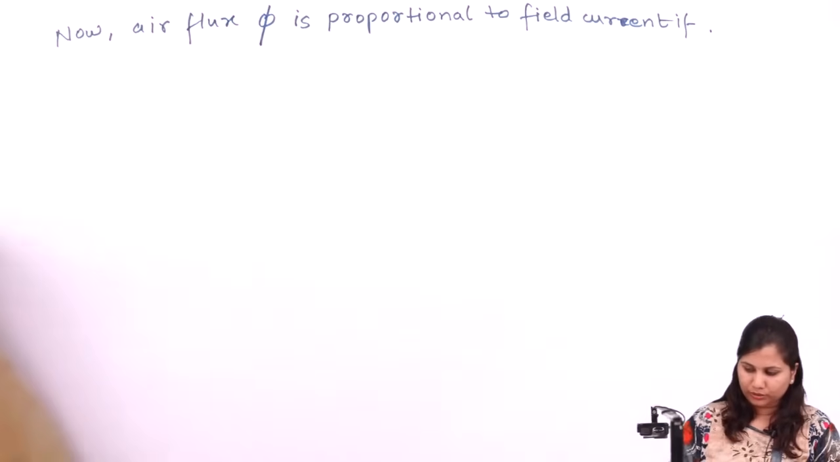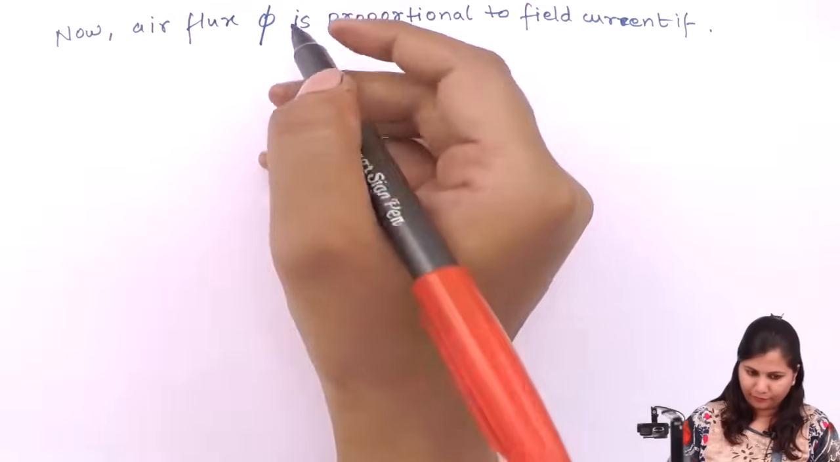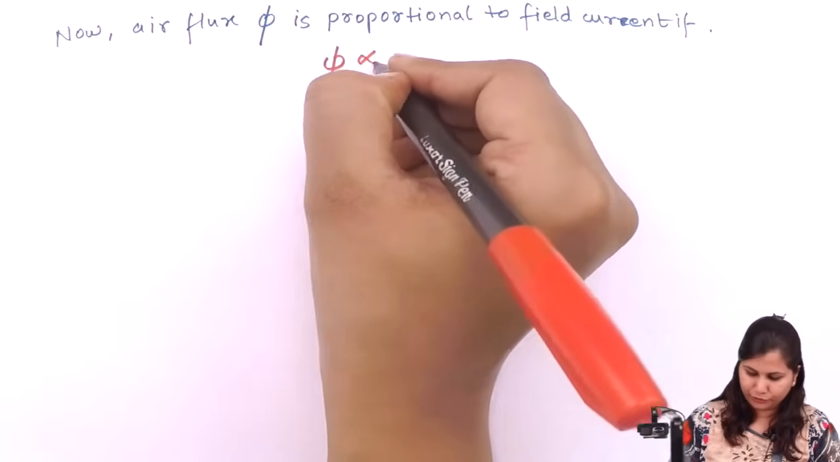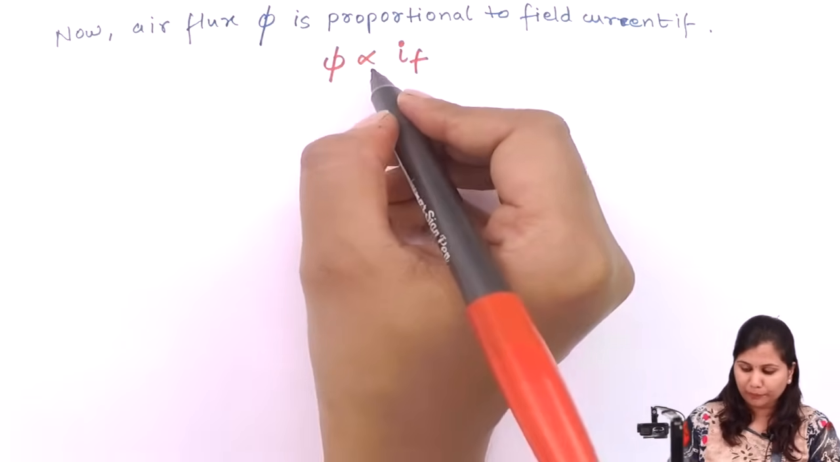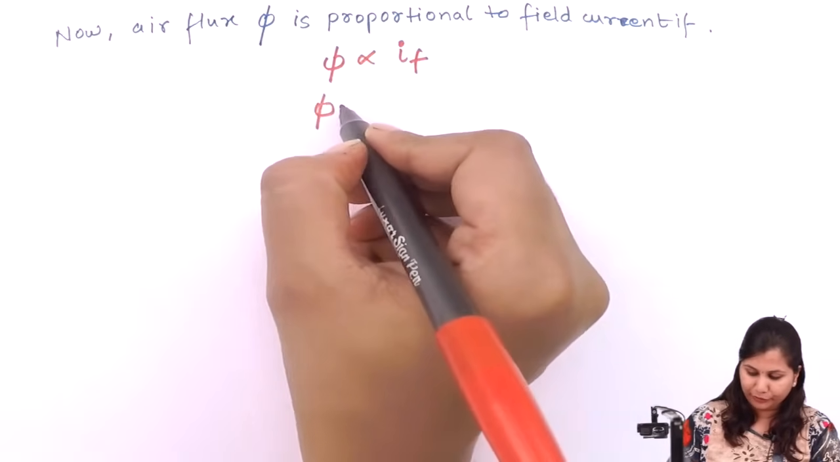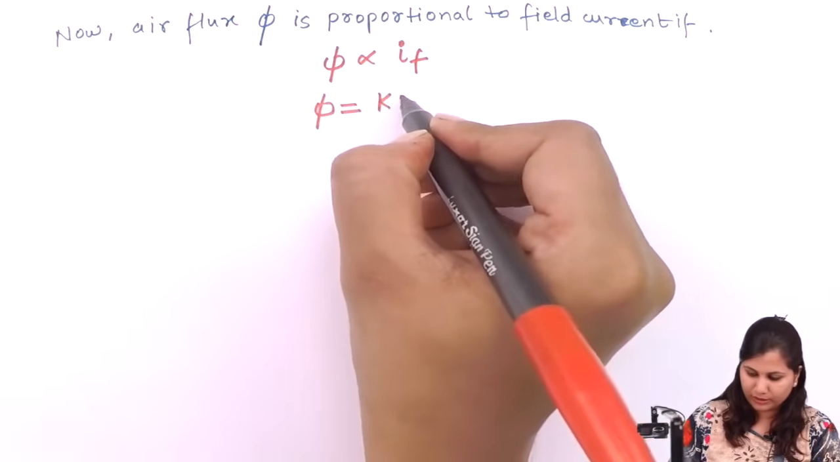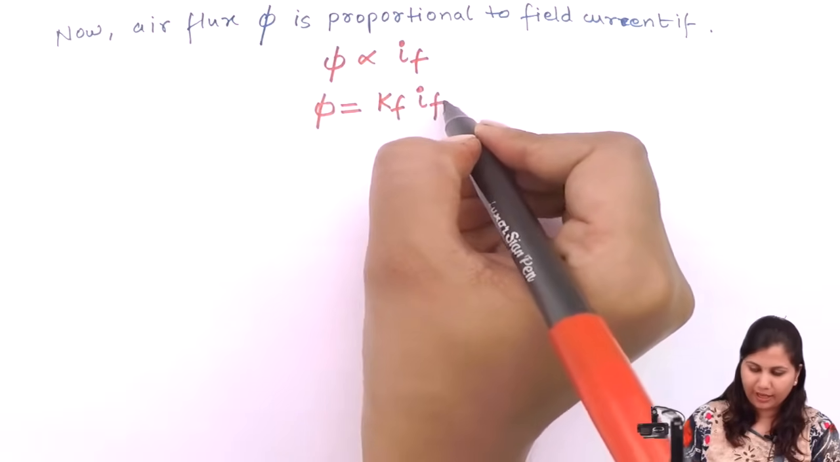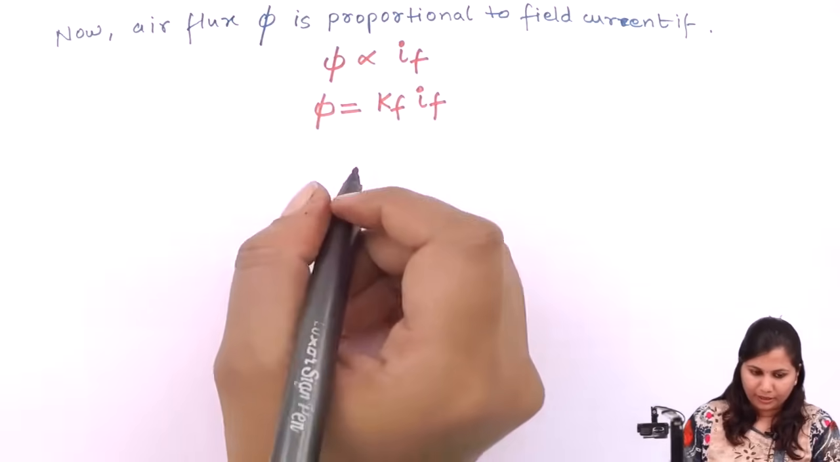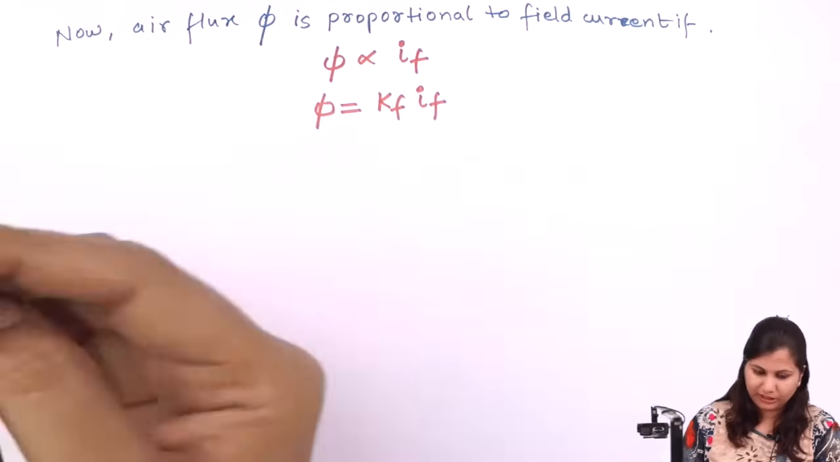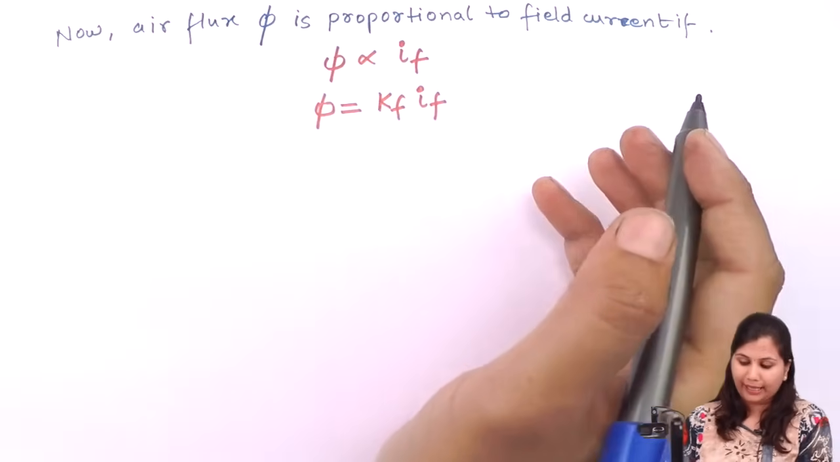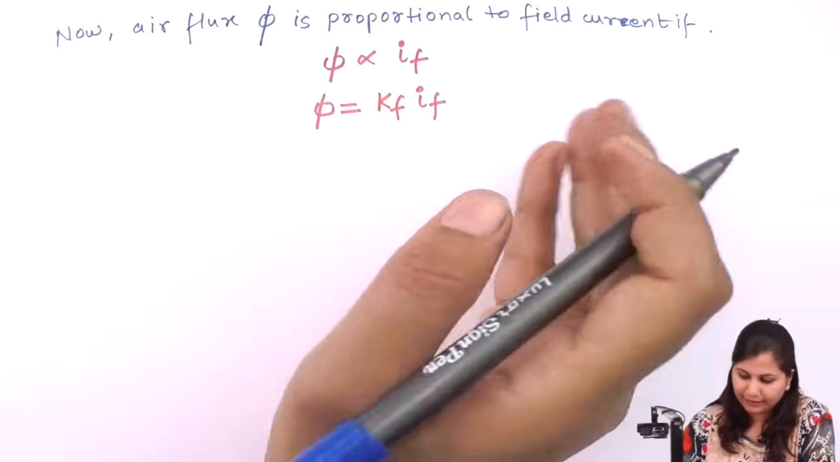Okay, so this phi will be proportional to IF. Now if we remove this proportionality sign, we have to introduce a constant. So this constant is KF IF. Now the field current IF, if we keep this field current as constant and the armature current IA, it